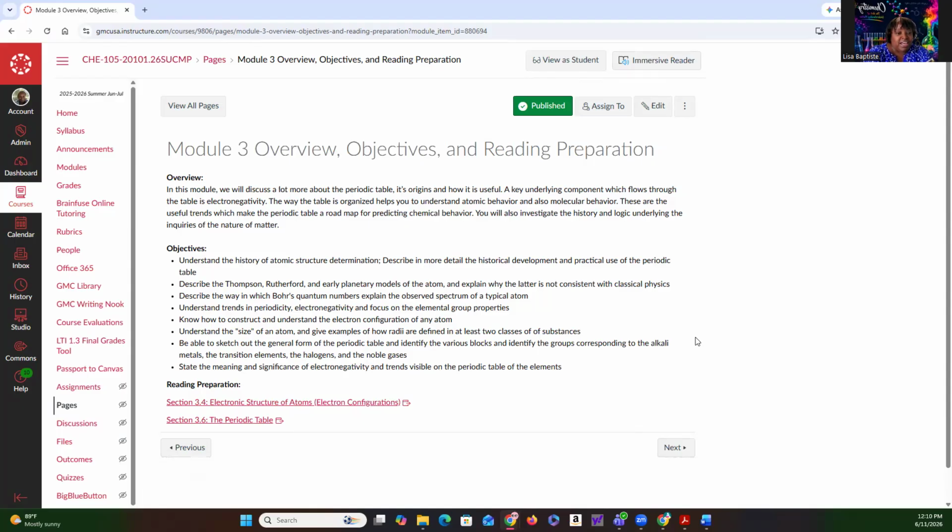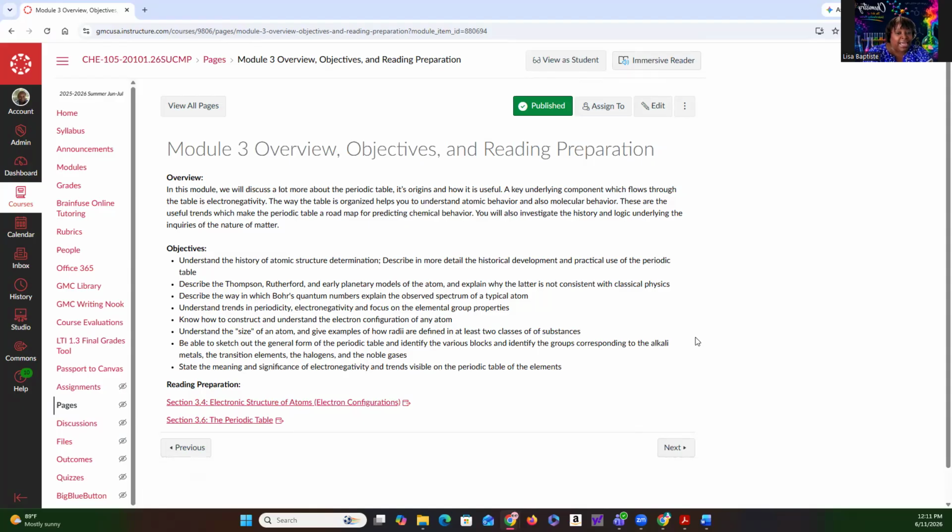The objectives: understand the history of atomic structure determination, describe in more detail the historical development and practical use of the periodic table, describe the Thomson, Rutherford, and early planetary models of the atom, and explain why the latter is not consistent with classical physics. Describe the way in which Bohr's quantum numbers explain the observed spectrum of a typical atom,